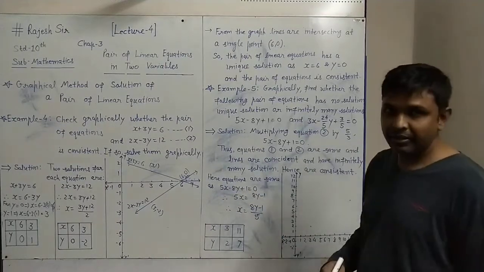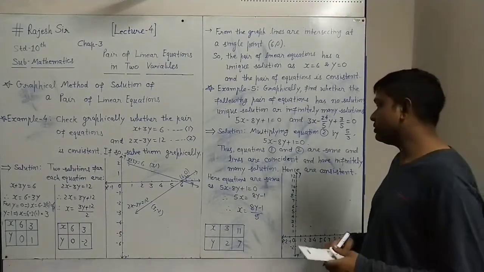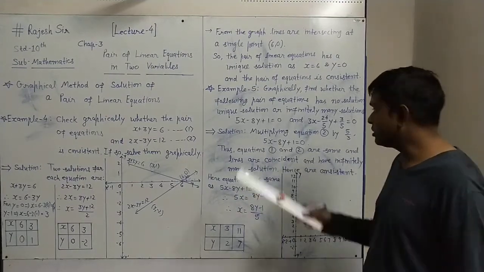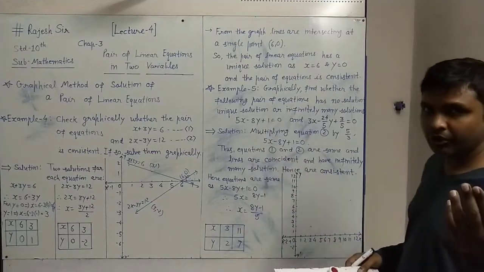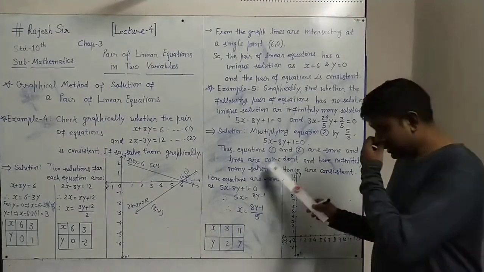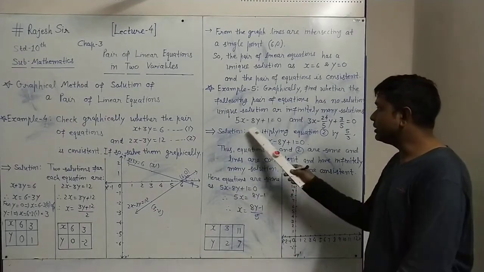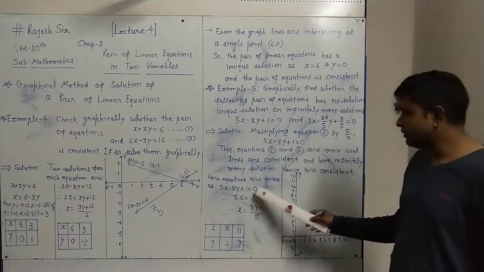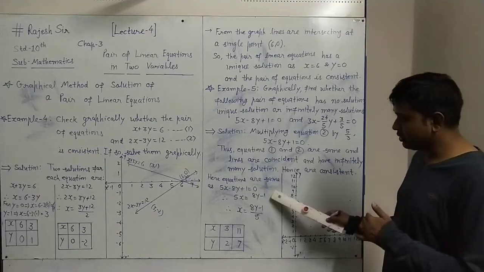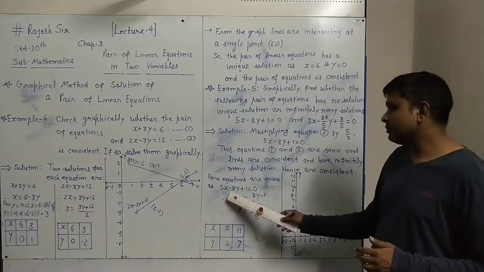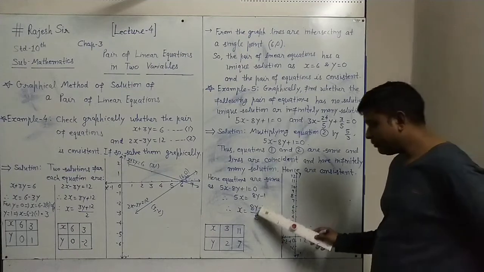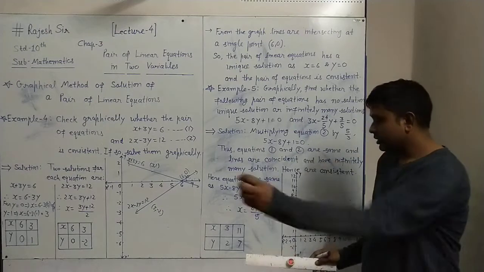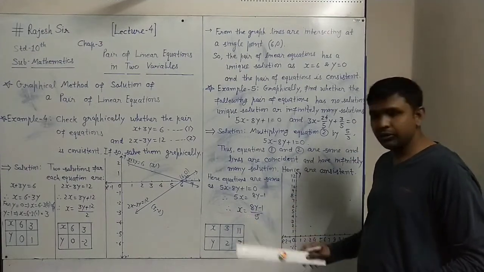To get the graph, you know that two solutions of the equation are needed. Here the equations are the same, so I will take only one equation, because from only one equation we can get the graph. It is 5x minus 8y plus 1 equal to 0. Taking 8y to the right, it will be plus 8y, and the plus 1 taken to the right is minus 1. So 5x equals 8y minus 1, and x equals 8y minus 1 upon 5. Now for different values of y, the corresponding x values will be found.